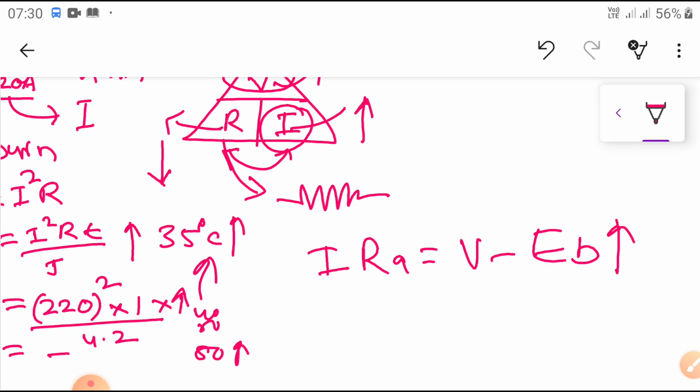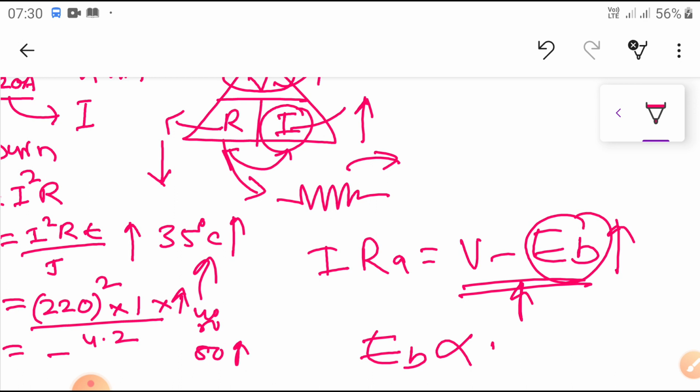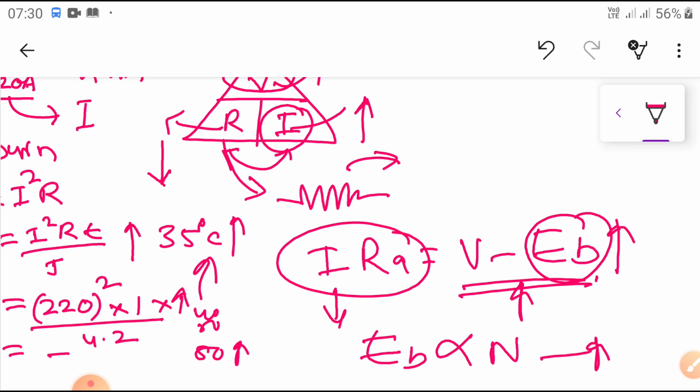Due to the back EMF, it generates some torque. The torque will try to rotate the rotor. It is a cumulative process. Then EB increases and the difference value decreases. Instead of 220, it may be 200, 150, 100. It increases continuously with the speed, because we know that EB is directly proportional to the speed. If speed increases near its rated RPM, then EB will increase up to its normal value. Then this drop will decrease, then the current will decrease. Once it picks up its normal value, there is no need of this assistance from the mother side. Then we will remove all these things.